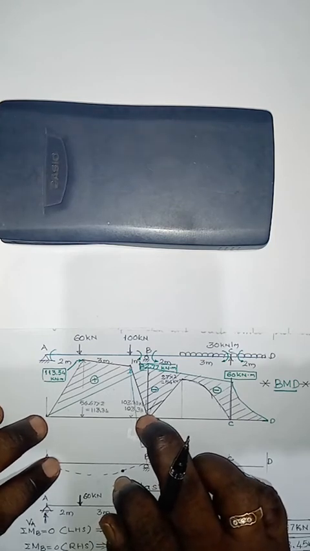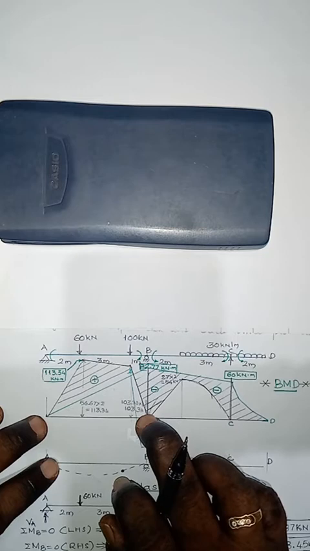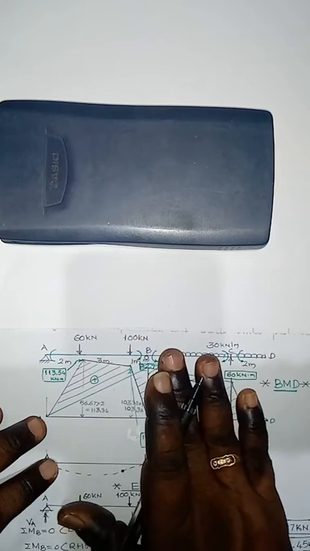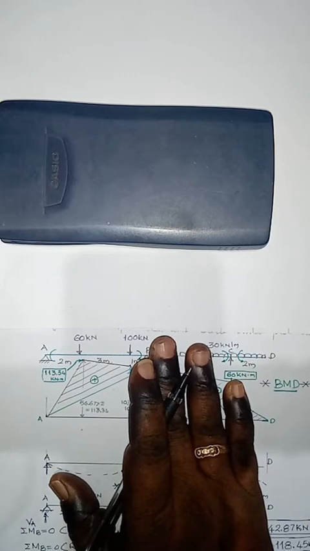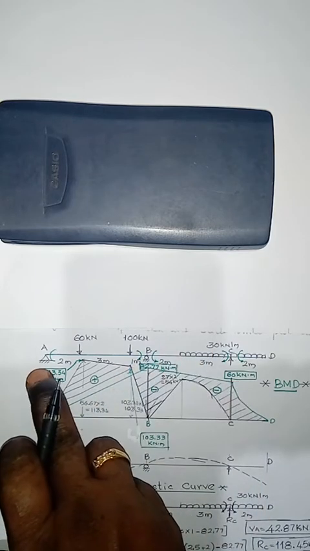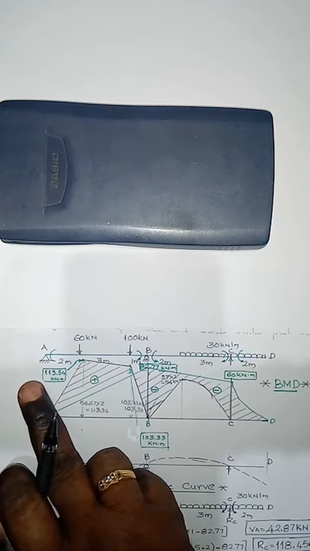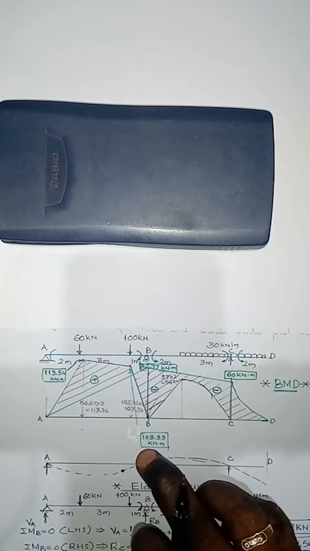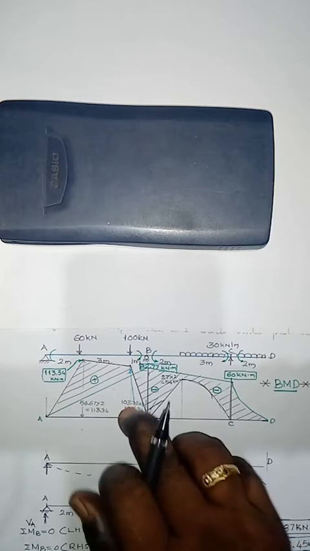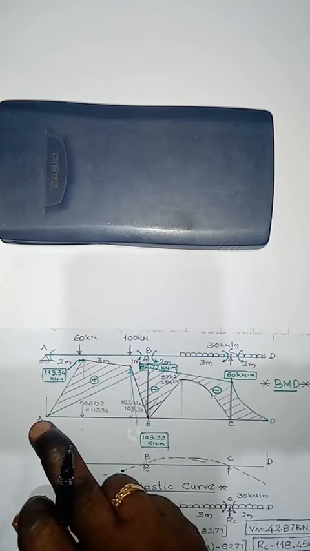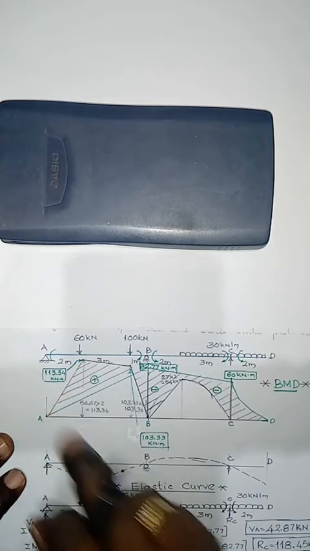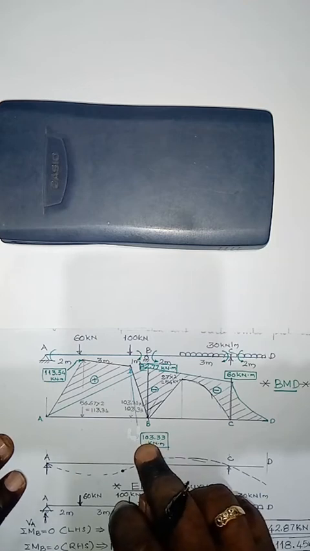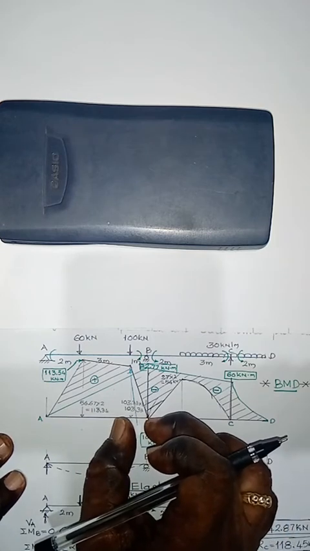Then this is another simply supported beam subjected to 2-point loads. One is 60 kilonewton, one is 100 kilonewton. To draw the bending moment diagram, first you have to calculate the support reactions. The support reactions, that is 53 point something, you will get. Here if you calculate, this one is 53, this one is 56.66, this one is 103.33. 56.66 into 2, that is 113.34. Here 103.33 is the reaction, 103.33 into 1 meter. This distance is 1 meter.